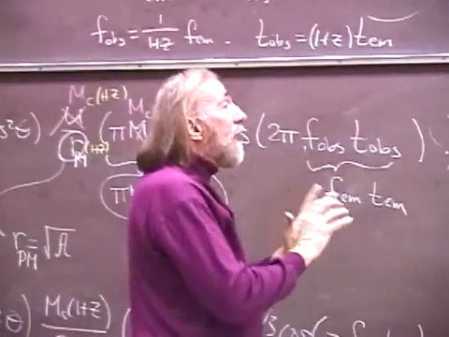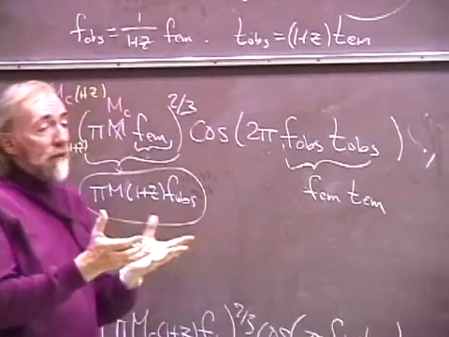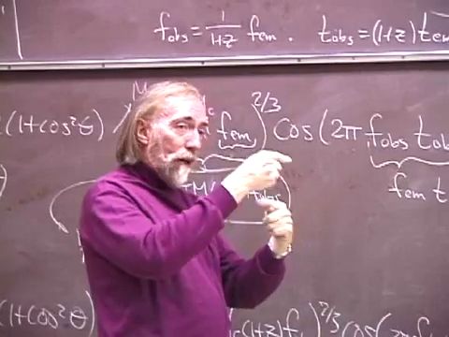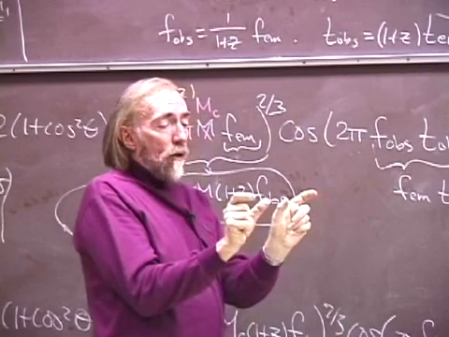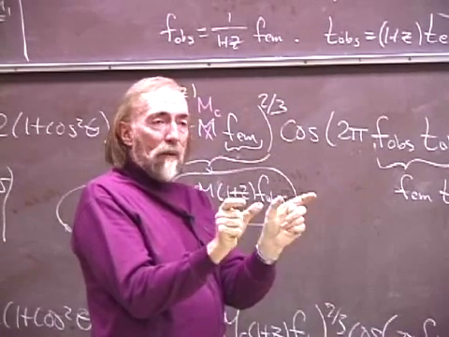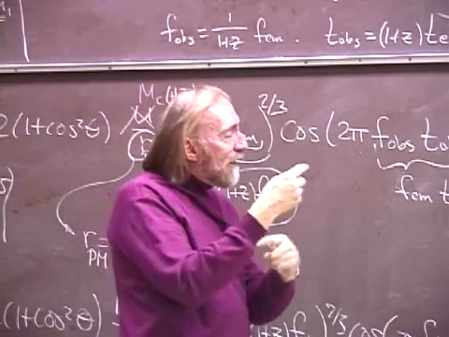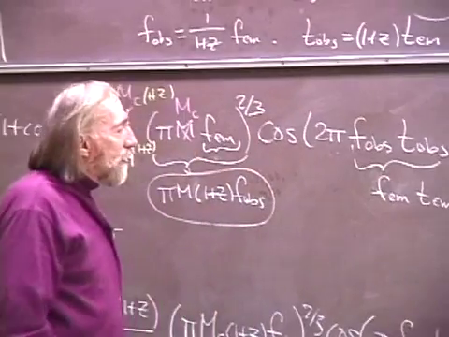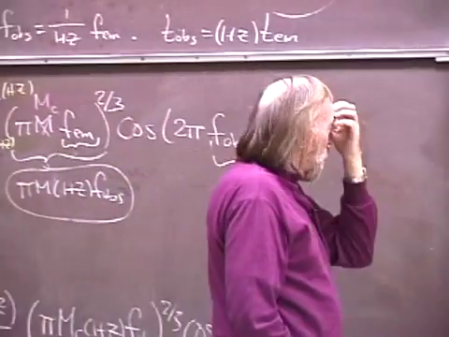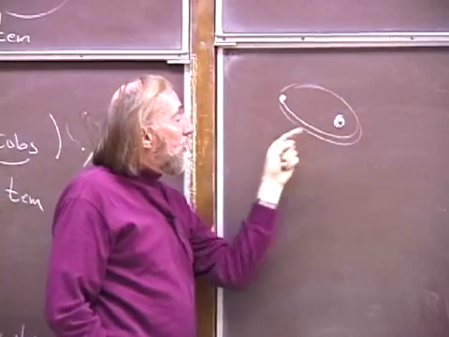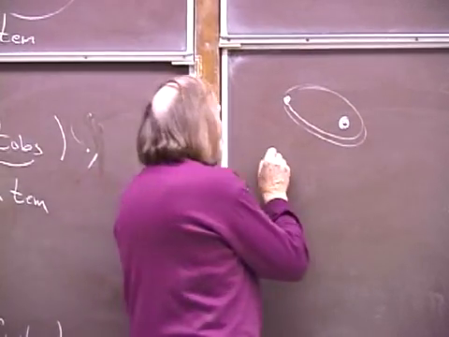And so the numbers are roughly the same as in the case of two inspiraling black holes, since in the two inspiraling black holes I had equal masses, and the sum of the masses was within a factor of 2 the same as the mass of an individual black hole. Basically, the numbers are roughly the same. And the bottom line is that we can see stuff spiraling into and near the horizon of black holes